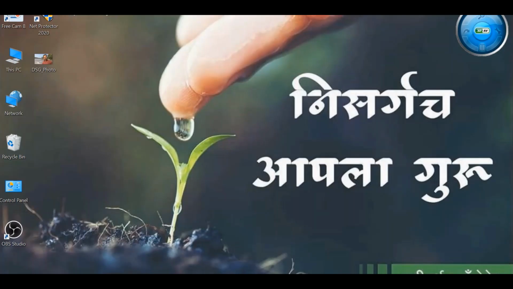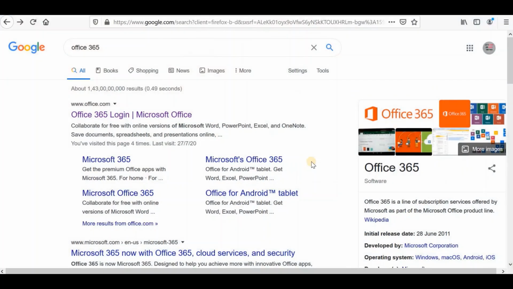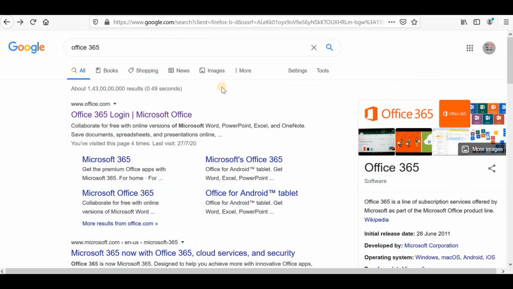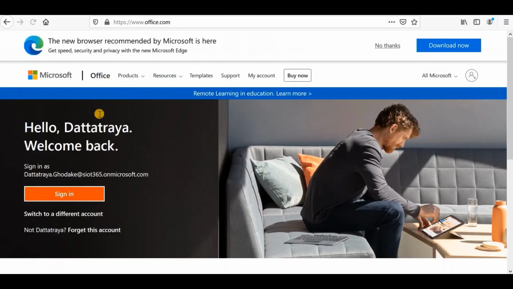Now let us dive in and see how we can create our account with Microsoft Teams. Open your internet browser and search for Office 365. Then you will get a window like this. Click on the first link, and you will be diverted to this window.